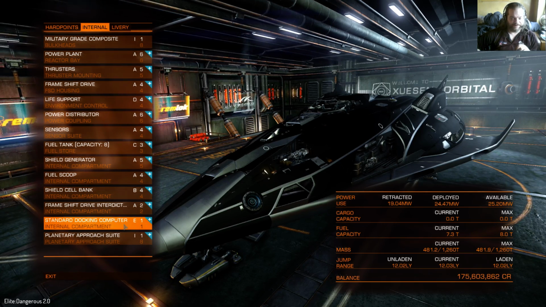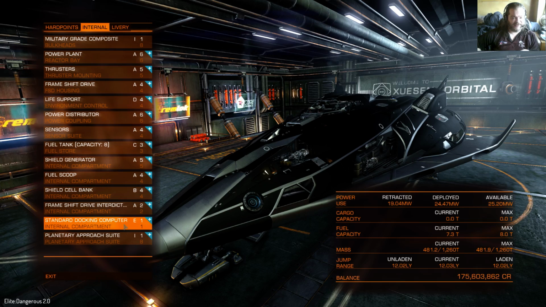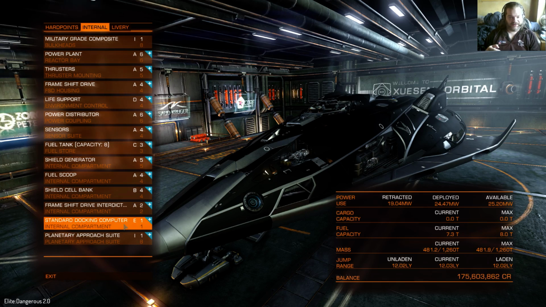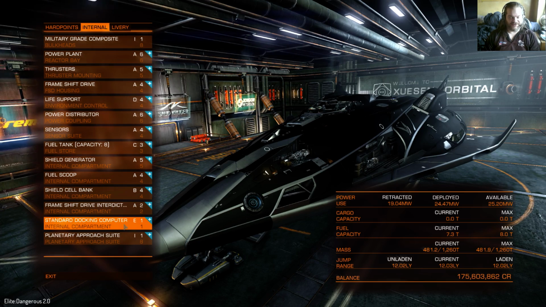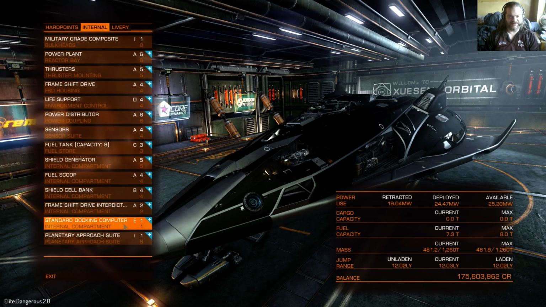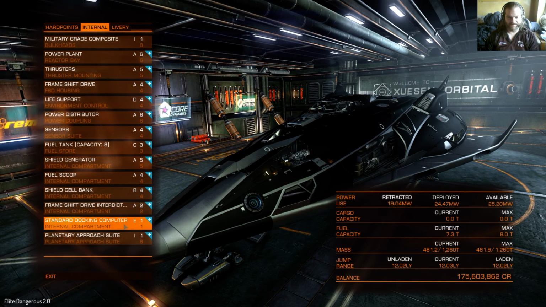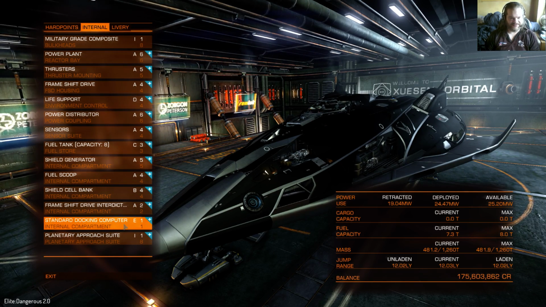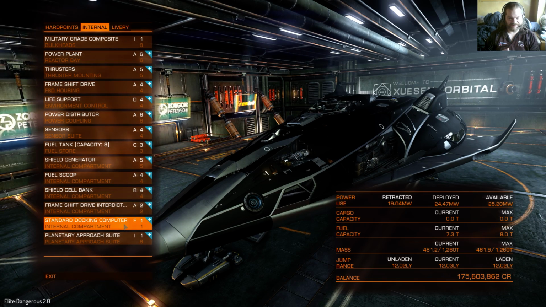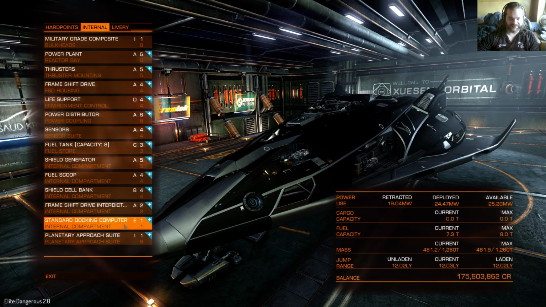But yeah, basically I've got it here to fill up space, because the reason I had it in my Anaconda was, of course, if my Anaconda's shields had gone down in a conflict zone, it meant that there was a high chance of me taking damage when I was trying to dock at a Coriolis station. So with the docking computer, it could do that for me, and I wouldn't take any more damage while my shields were still down. With this ship, because it's a hell of a lot smaller than an Anaconda,